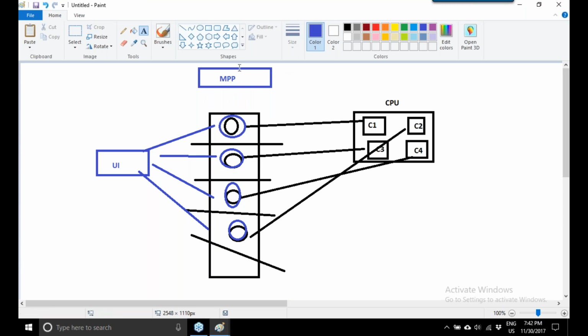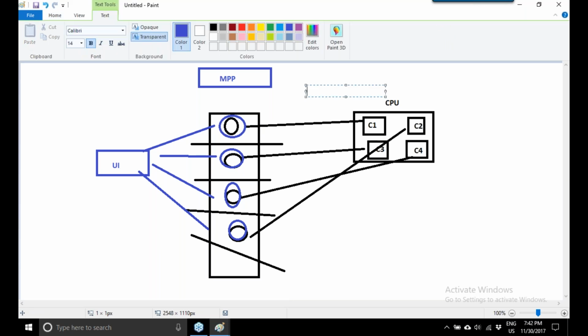So in massively parallel processing, what happens? The complete program is broken down into smaller subsets, and each subset is assigned to a different core of a CPU. In SAP HANA, this is done using SQL script. Now if you take the normal SAP, it processes using ABAP.